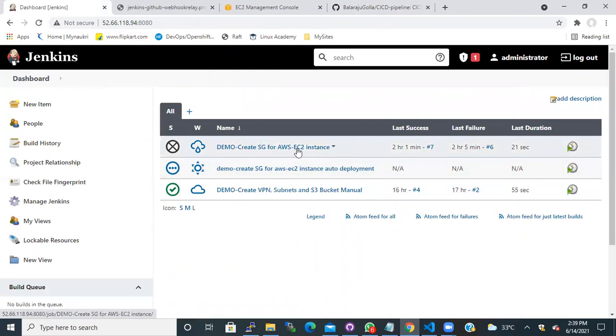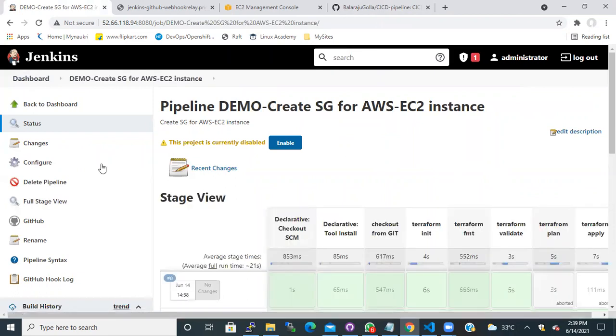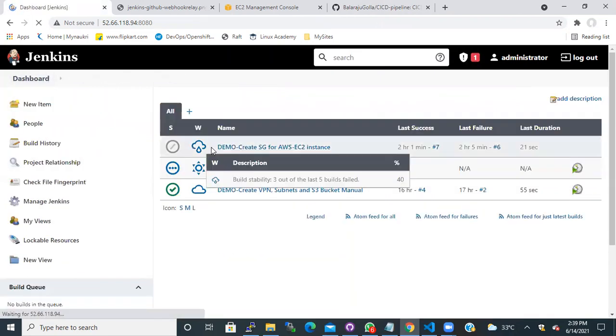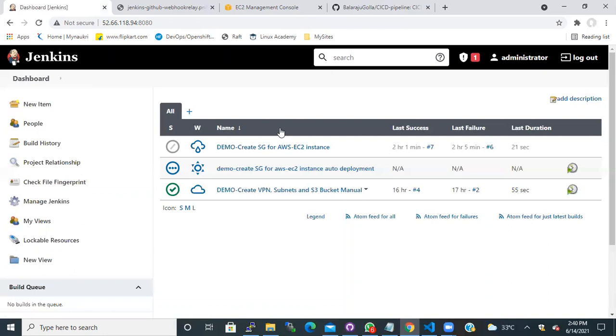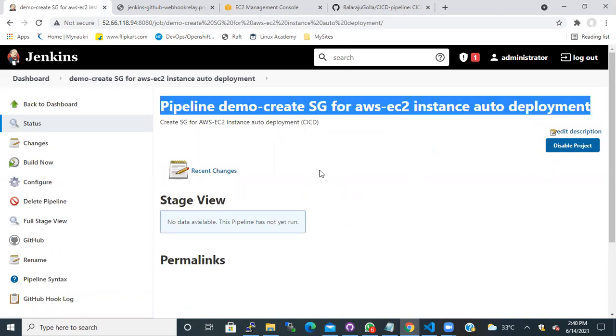So this is the one that I created earlier. I will disable it. Okay, my job is disabled. You guys can see the status here. And this is the job that we have right now. We are going to build the trigger pipeline that we are triggering on this job.